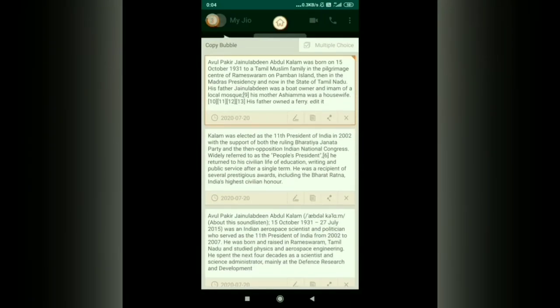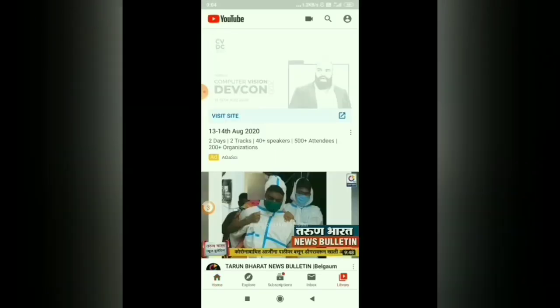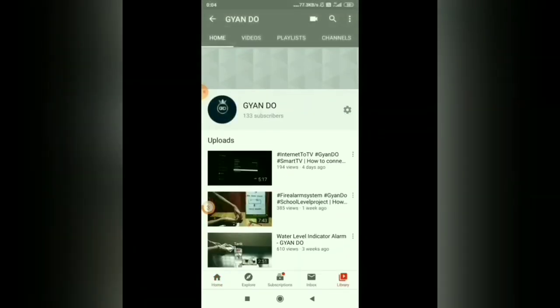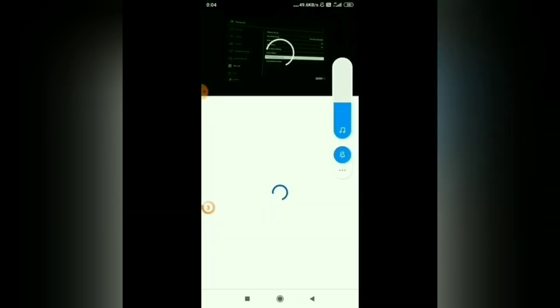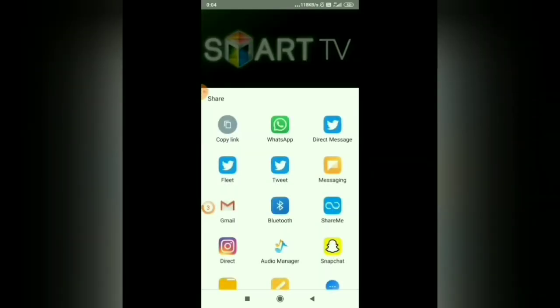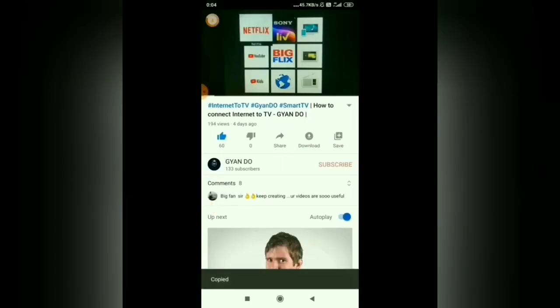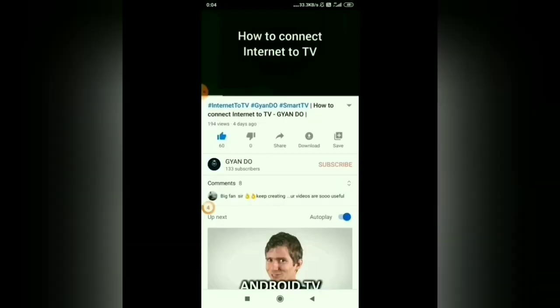Also sometimes we have to work with links, so we can copy even the links. We can copy the link. It is stored here like this. We can copy multiple links if you want.